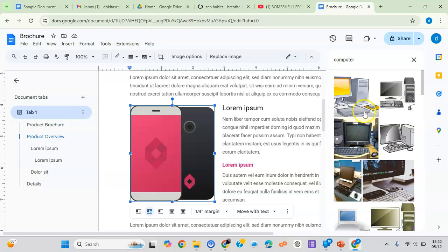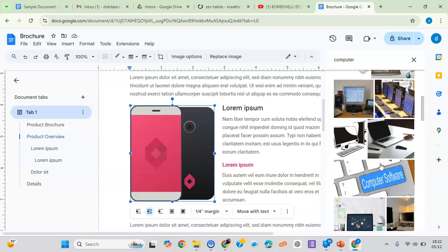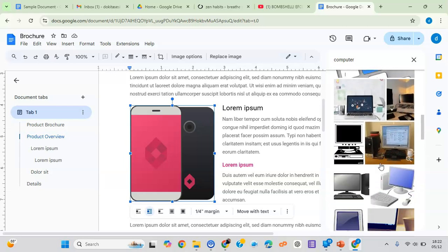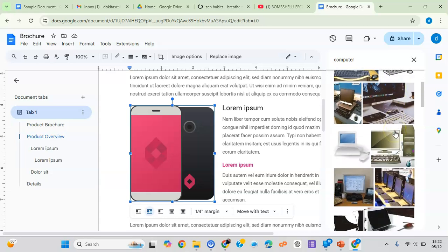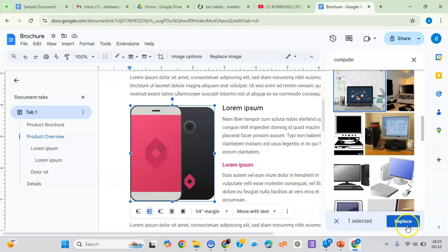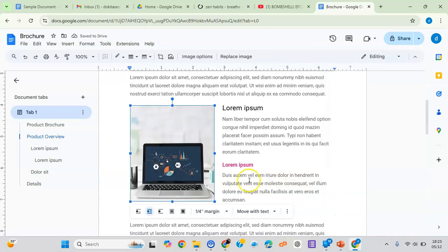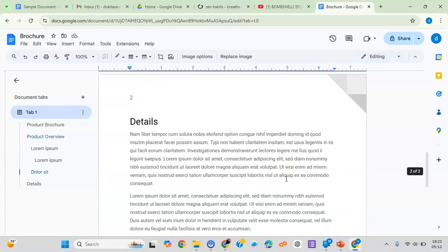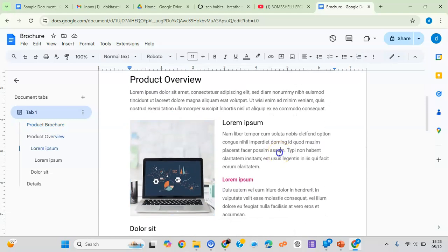The images that Google is going to suggest for you are free images, so they do not have any encumbrances. They are free images that you can use. So if you click on this and you click replace, it will just automatically replace that image with a new one, and you can change the wordings, and you have your organizational brochure. So it's as simple as that. Let me go back